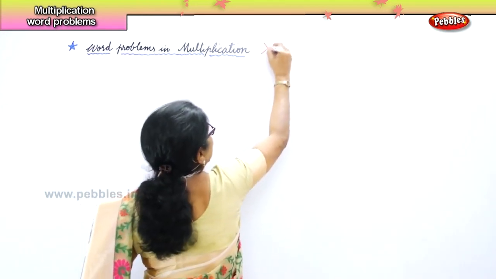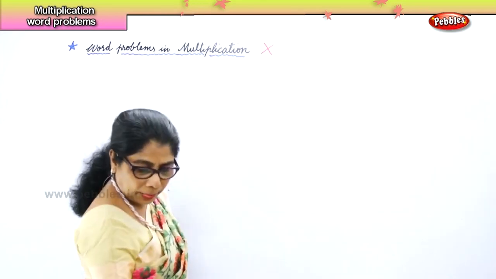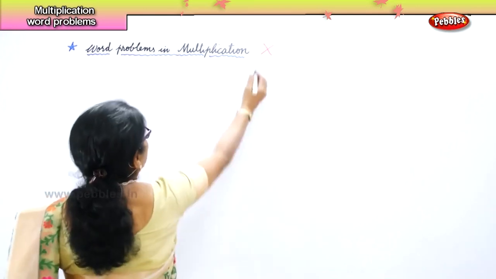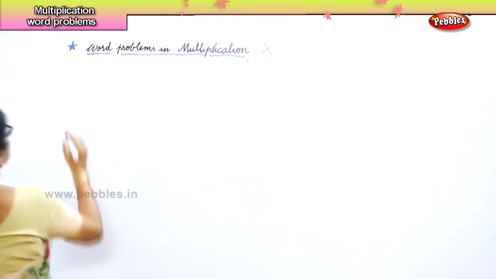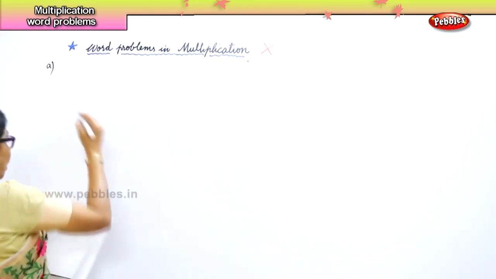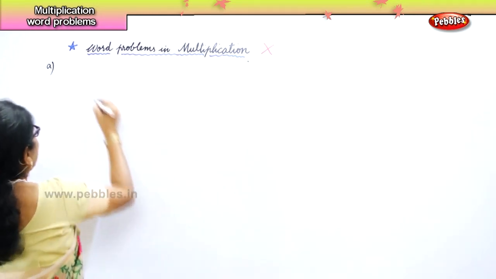And this is the sign for multiplication. Now, I'll write the problem for you. We'll read together. Then we need to frame statements. And then we must keep in mind when we put into the margin how we do it. All right? Now, the first problem is a box has